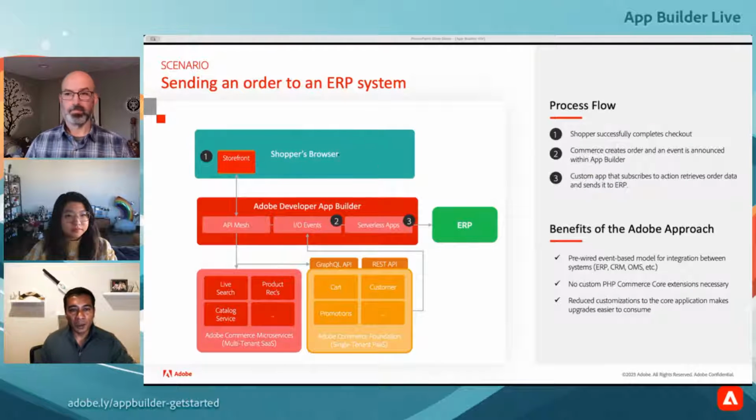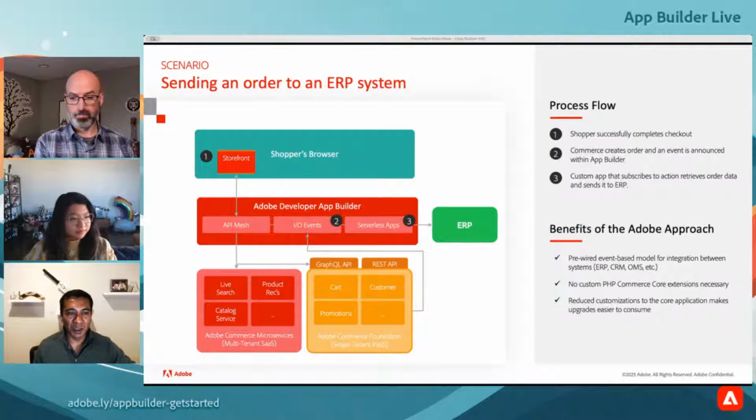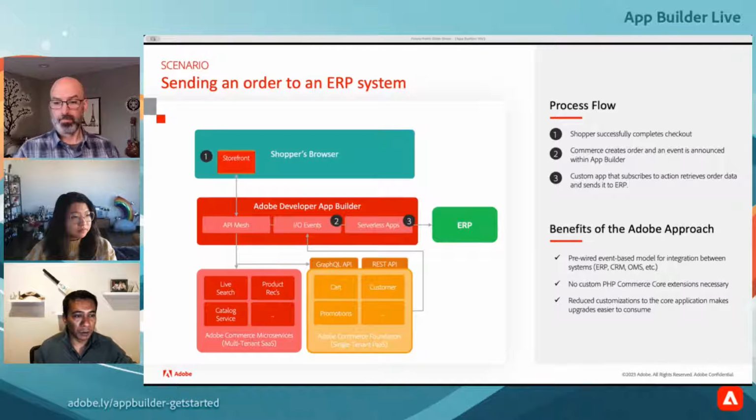So here's an example of an event-driven app. Probably one of the most common integrations that Commerce customers use is integrating Adobe Commerce with ERPs, in this particular example, for an order to be fulfilled by the ERP. A shopper would be browsing the merchant's website, and when they place an order, that order goes into Adobe Commerce. Adobe Commerce will then expose that event, and we have over 700 events available for you to consume,